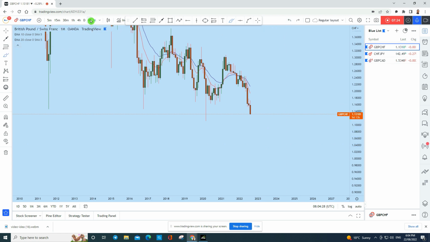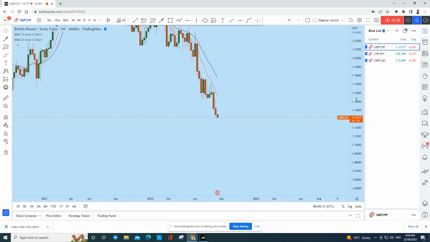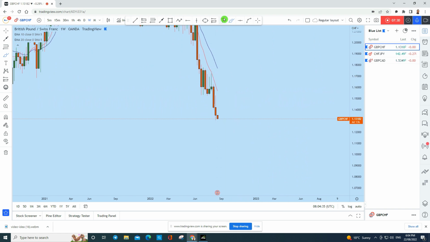Now looking at the weekly time frame, this is the thing that we need to pay really close attention to: on the weekly there is a clear liquidity grab here. You can see that there is a liquidity grab, and this weekly resistance has been broken to the upside. It grabbed liquidity, closed as a strong doji or pin bar, and as a result we see a strong drop. So there is a lot of liquidity gap, meaning that we could find potential momentum to the downside on